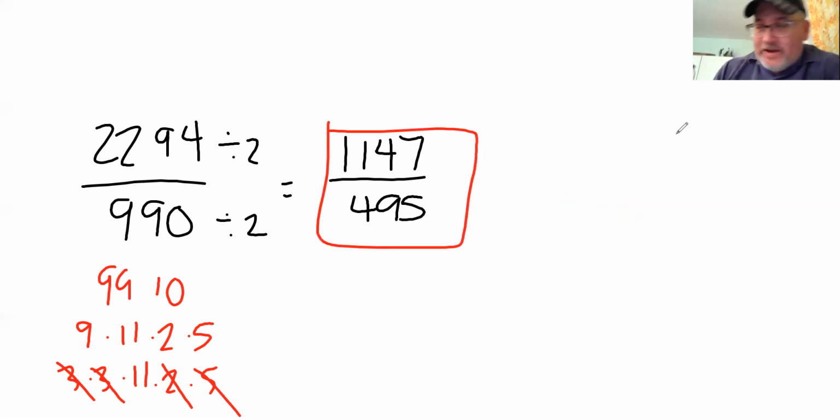1,147 over 495. But just to make sure, let's divide it out. 1,147 divided by 495, 2.3171717. We're good to go. Is it a long roundabout way to do it? It is. Is there a gimmicky shortcut? There is. This is a Calculus 2 class, and I want you to understand theory